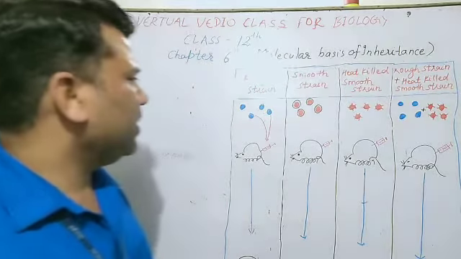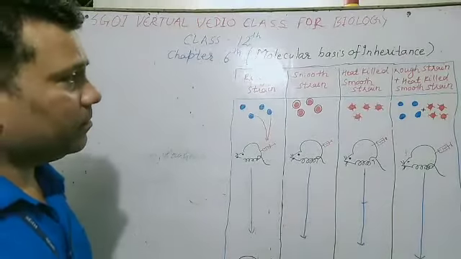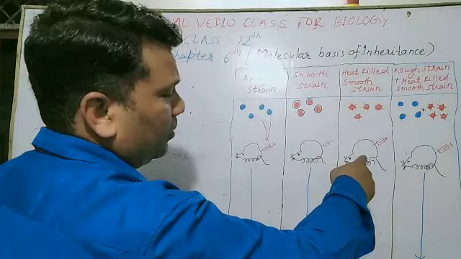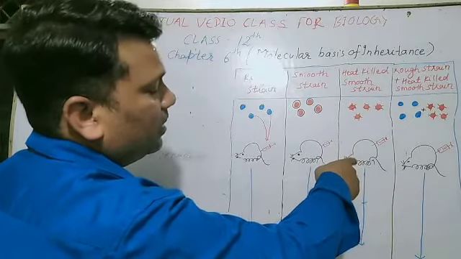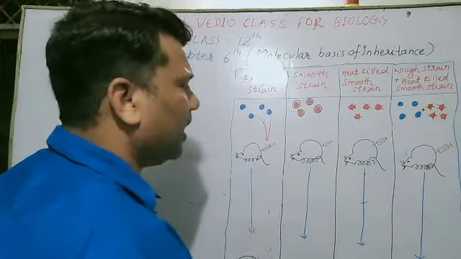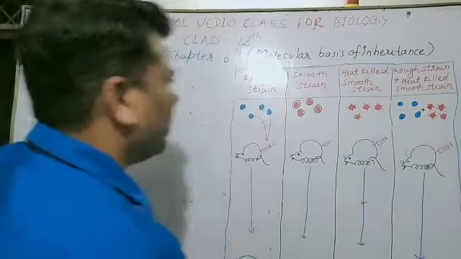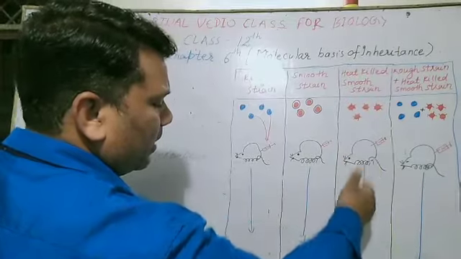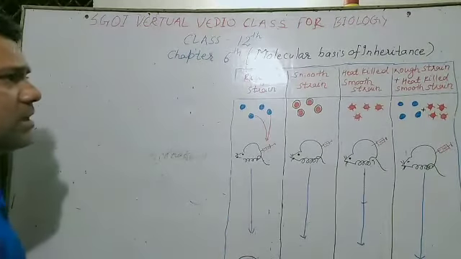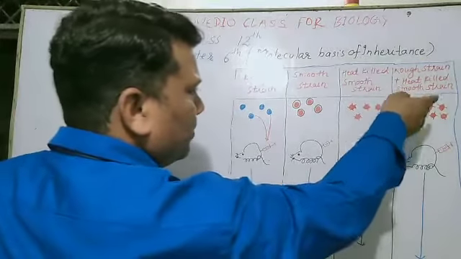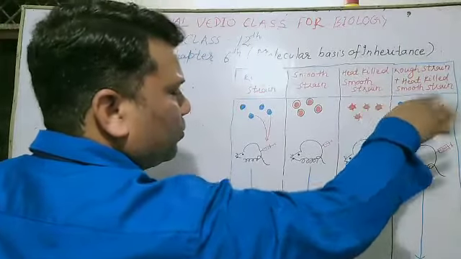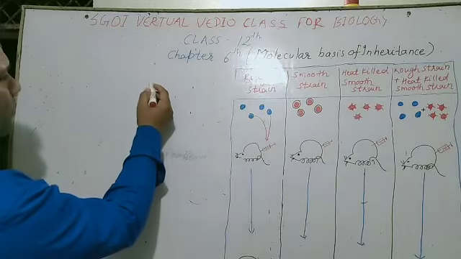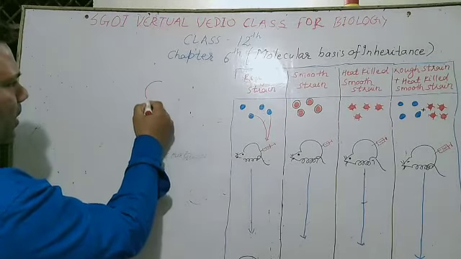What is the result coming here? Heat killed smooth strain, when injected into mice, the mice will live. Why did this happen? What is the reason that heat killed smooth strain is non-virulent in nature, and rough strain plus heat killed smooth strain is virulent in nature? What happened? Actually, when the smooth strain